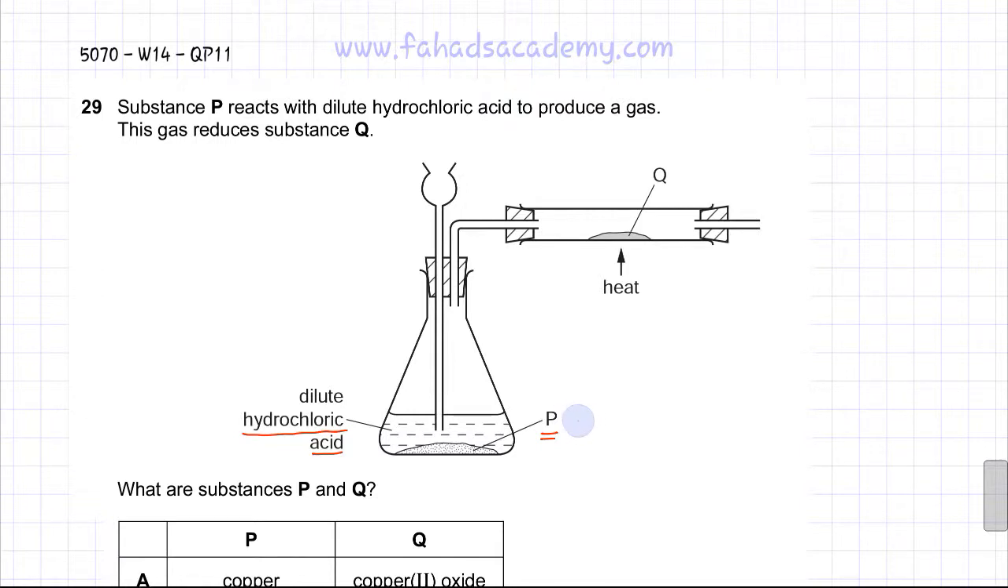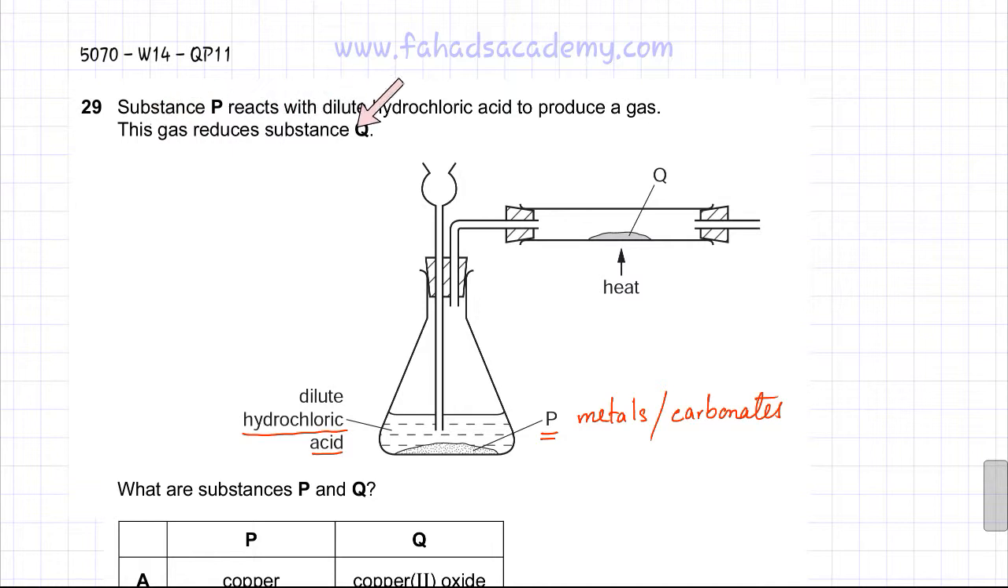P could either be a metal. Metals, when they react with acids, produce hydrogen gas, or it could be a carbonate. Carbonates also react with acids to produce salt, water and carbon dioxide. So with acids, you either have metals or carbonates reacting to produce a gas, and he then states that this